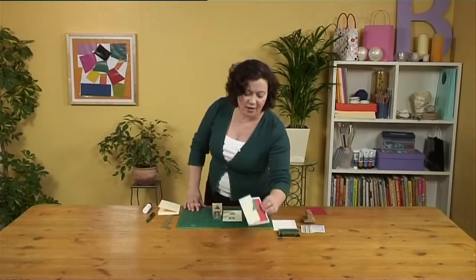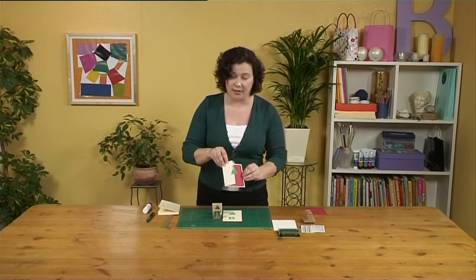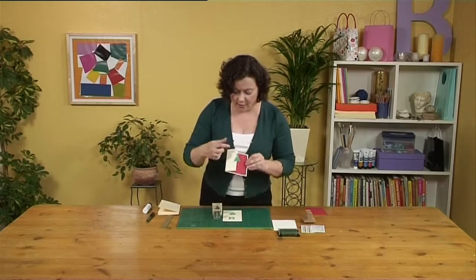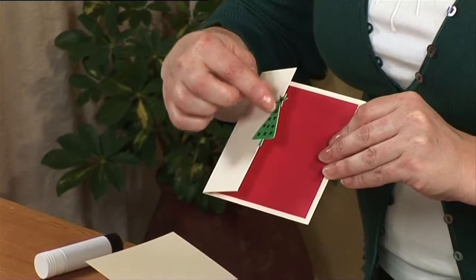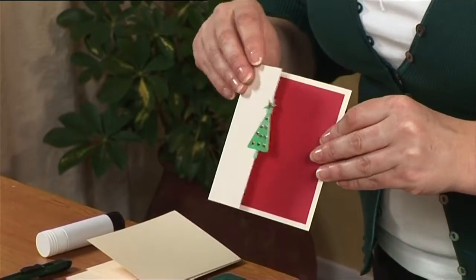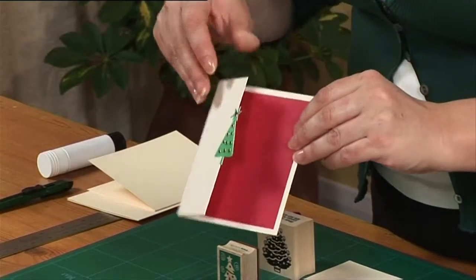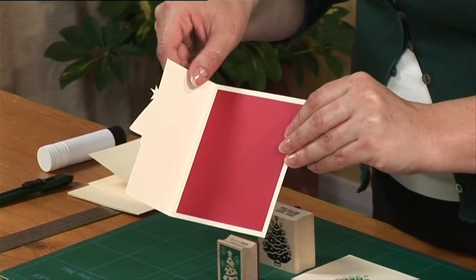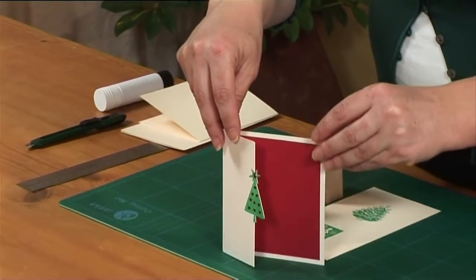Now for my next card, I've done this very simple but quite dramatic 3D effect using a rubber stamp for the tree and also using some little glitter stickers to decorate the tree. And then what I've done is I've cut away half the card, as you can see, and I've lined the inside of the card with the contrasting colour, red for the green in the tree, and we get this rather unique